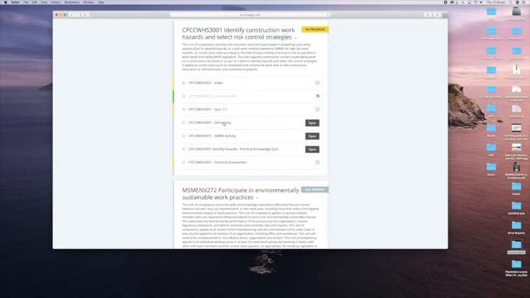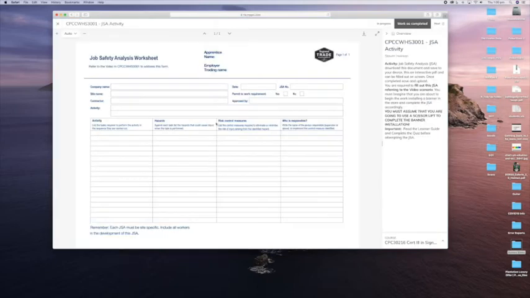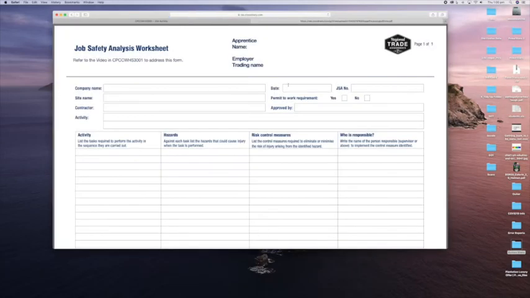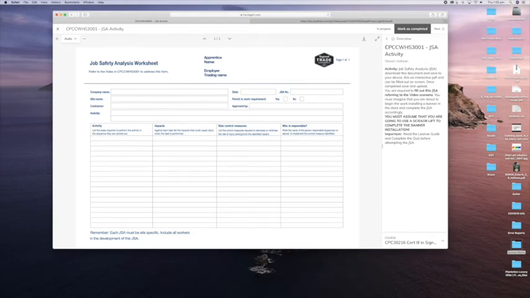So let's just look firstly at this activity. All activities are in essence like a PDF that you need to be able to fill out. When we download them, which is done here, we end up with a file that comes down, and you can see here that the file name is kind of a random thing. But this is the actual name of the file. So here it is. It's got the code of the unit and what it is. It's a JSA activity. So if you copy that,